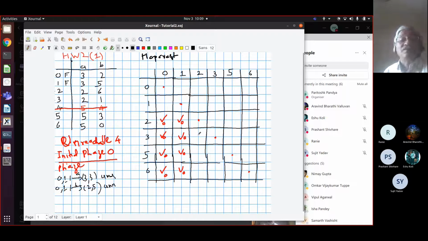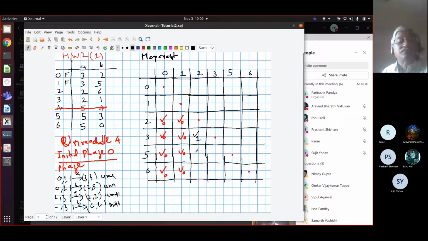What about 2, 3? So let's try 2, 3. 2, 3 on an A goes to what pair, Arvind? It goes to 2, 2, which can never be marked. So this remains unmarked, right? On an A. On a B, where does it go? 6, 1, which can be differentiated. 6, 1 is the same as 1, 6, so this is already ticked. So this is a marked pair, 6, 1. And so this one we will tick in phase 1. So I will tick it in black. Phase 1 this gets ticked.